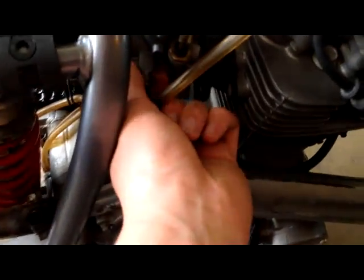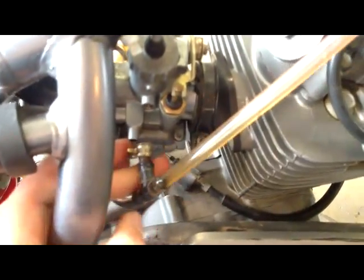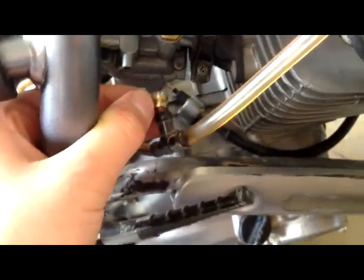Next part, there will be this. It's pretty much just a vent that goes to the carburetor. You just want to pull that off. There'll be a little clamp around it. You might have to mess around with that just to get it off. But what you want to do now is